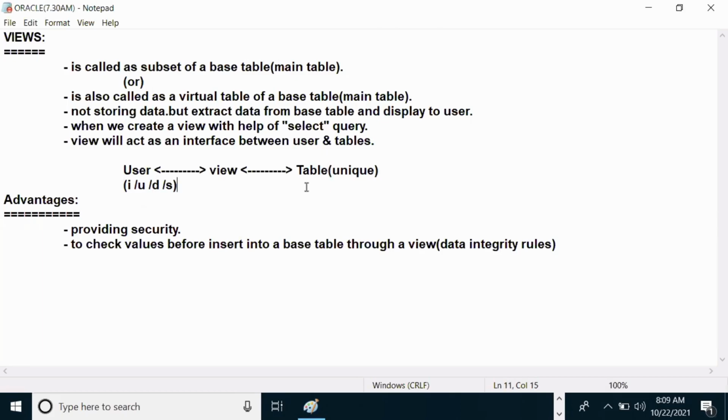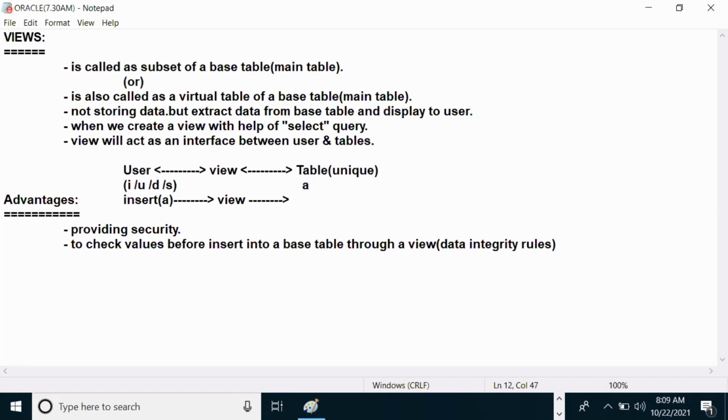Suppose your table already has the data A, and now the user is inserting A once again through the view.